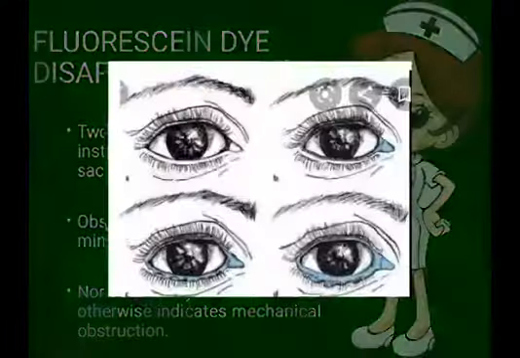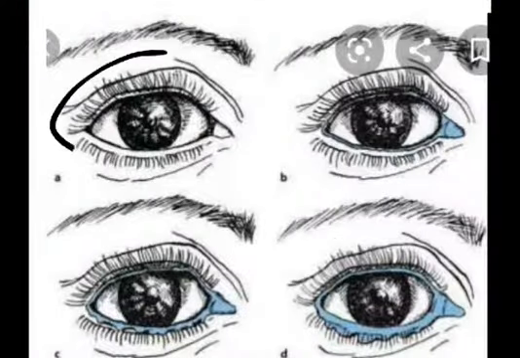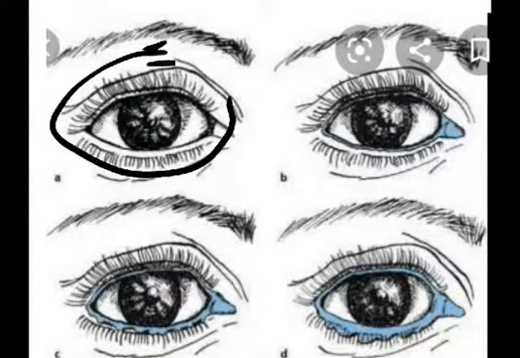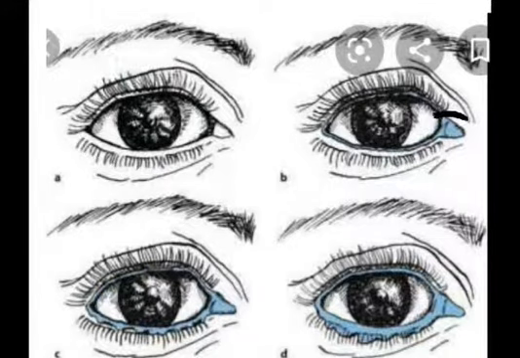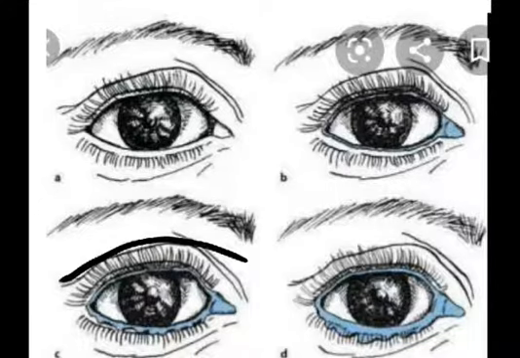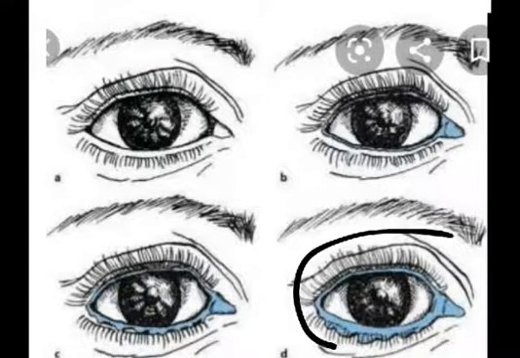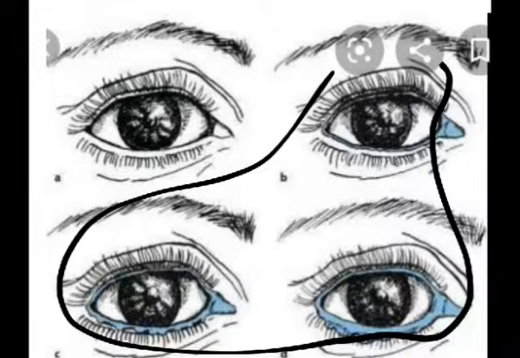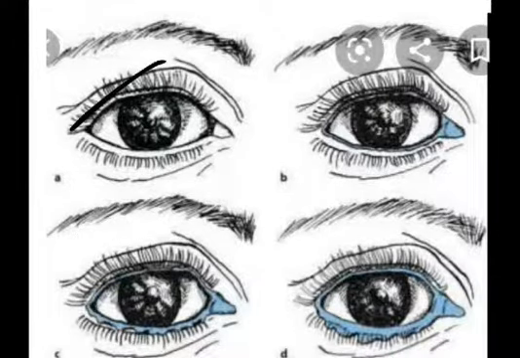Let us understand with the help of a diagram. In the first case, this case is normal because there is no dye seen in the patient's eye. In the second case, some dye is seen. There are different levels which indicate severe, mild, etc. In this case we also notice the fluorescent dye, and in this case the fluorescent dye is also present. So we find that these three cases are abnormal and the first case is normal. Abnormality is seen in the different cases.